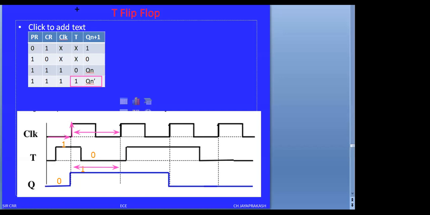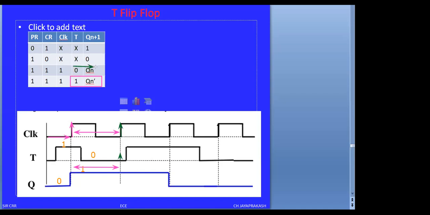See, the next clock pulse is here. We are seeing the next clock pulse. This is the second clock pulse. During this interval of time, what is the value of t? T value is 0. T value is 0 కాబట్టి at this interval, ఈ interval దగ్గర t value is 0 ఉంది. Therefore, what is value in the function table?